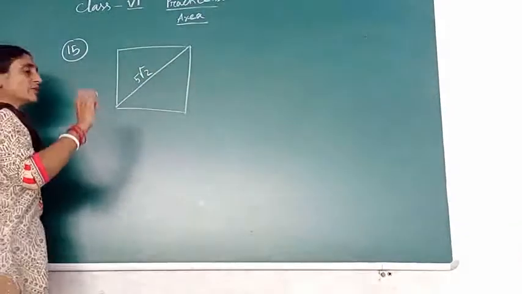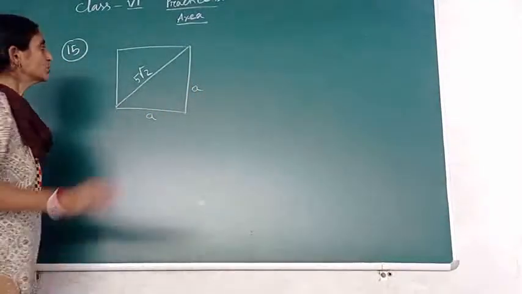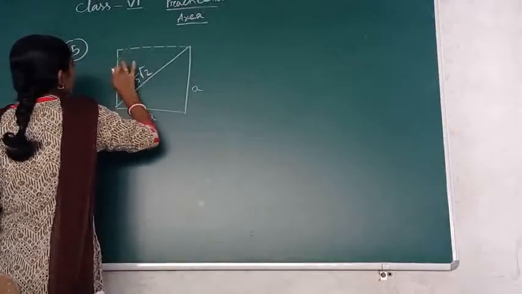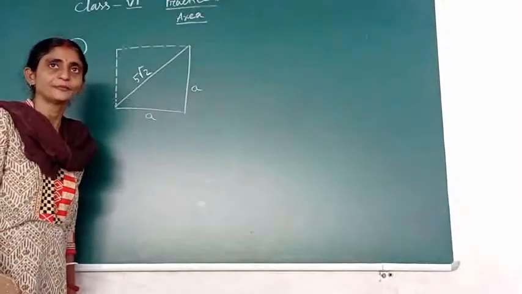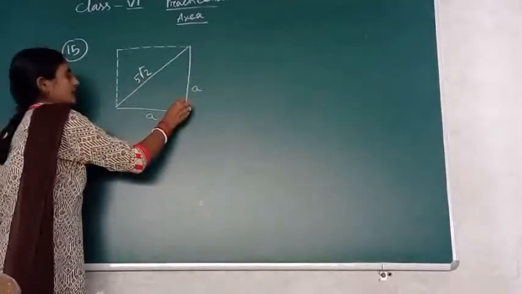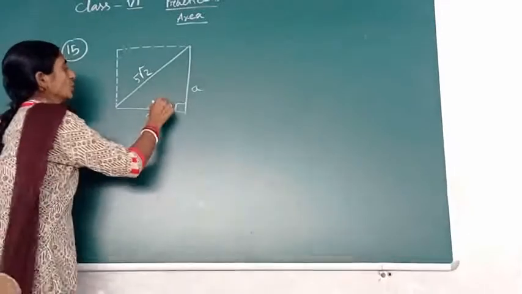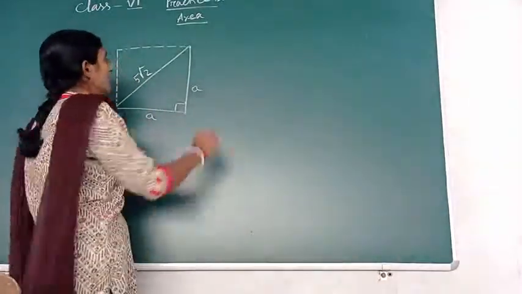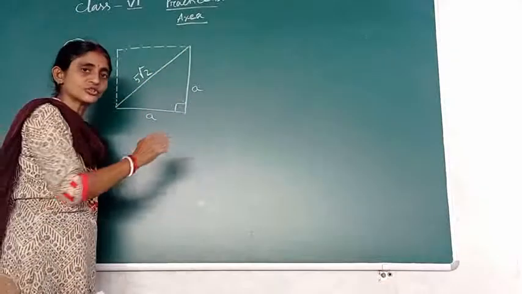Now one more thing. You know all the sides of a square are equal. So now let's think about a right angle triangle. You know, for a right angle triangle, the side opposite to the right angle is called the hypotenuse. For a square, all the angles are right angles, and you were very clear about this. In this case, the diagonal of the square is actually the hypotenuse of this right angle triangle.